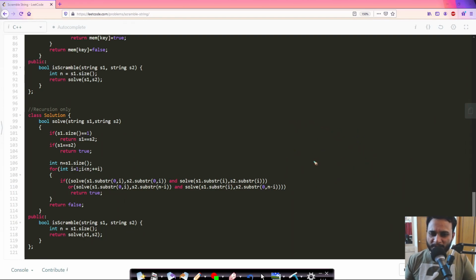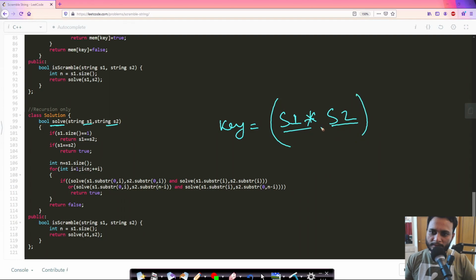Now in order to optimize the time complexity, we should store the already computed results for the subproblems, right? So how do we find out what the subproblems are? In this case, the subproblems are nothing but this s1 and s2. These are the two substrings which are matched in each recursion call, and this solve is nothing but the recursive function. So we can just combine s1 with s2 and call it a key. We can also put a star in between so that it will always be unique, right? So we can form a key like this. This will be defined as a unique subproblem.